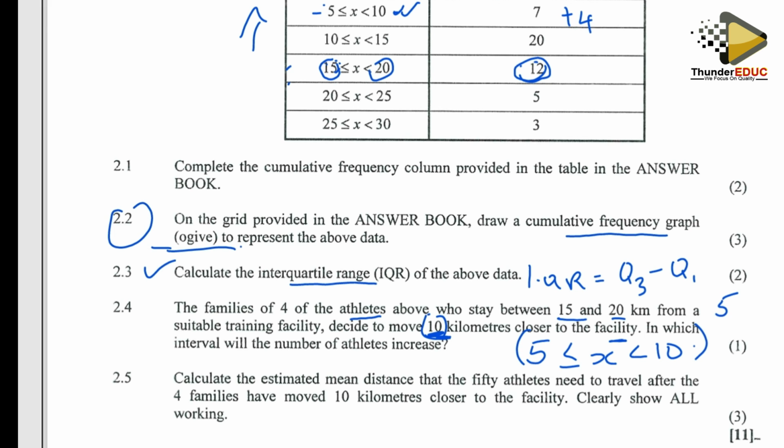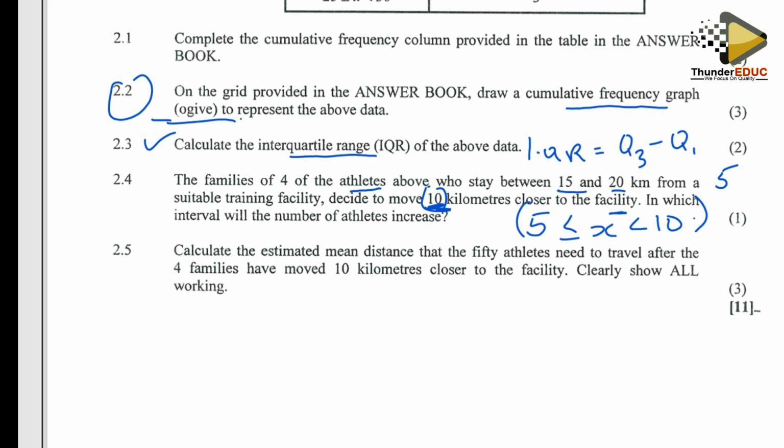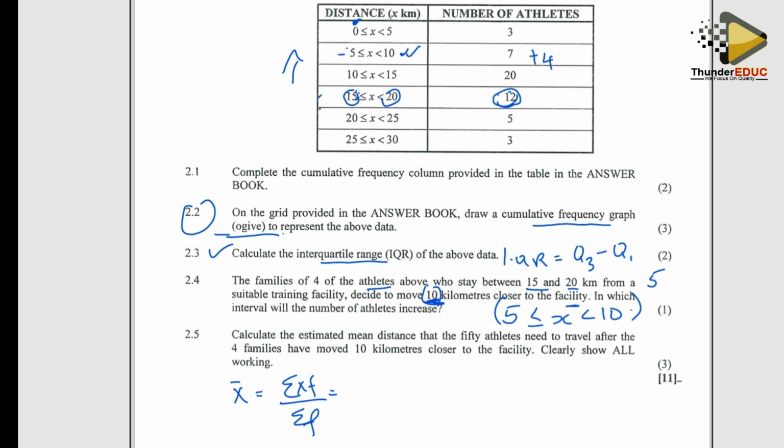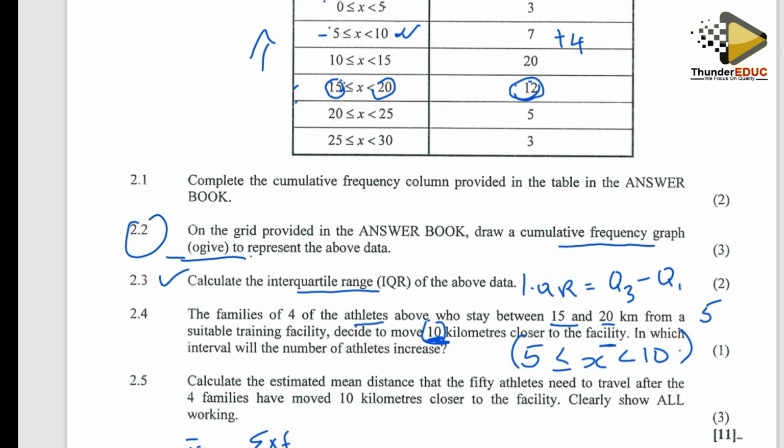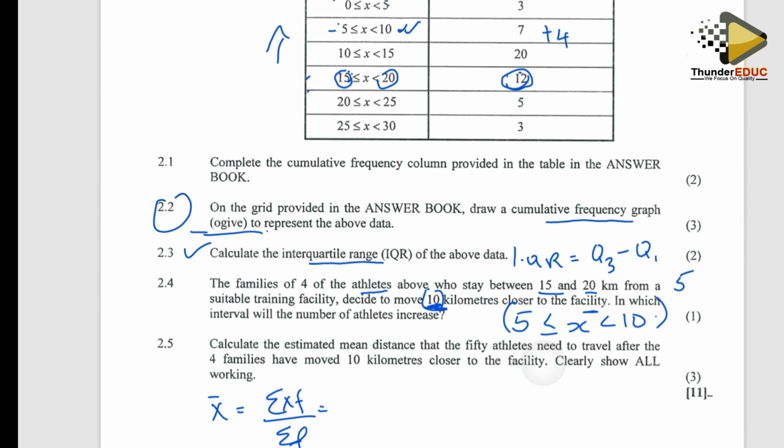Okay, then calculate the estimated mean distance that the 50 athletes need to travel after the 4 families moved 10 kilometers closer. So minus 10 is that, yeah. So with the estimated mean, remember it's the x bar, which is the summation of fx over the summation of f. So what I need to do is determine my midpoints. Okay, so I know that 0 plus 5 is 5. When I divide by 2, I get 2,5. So for my first part, I'll have a 2,5